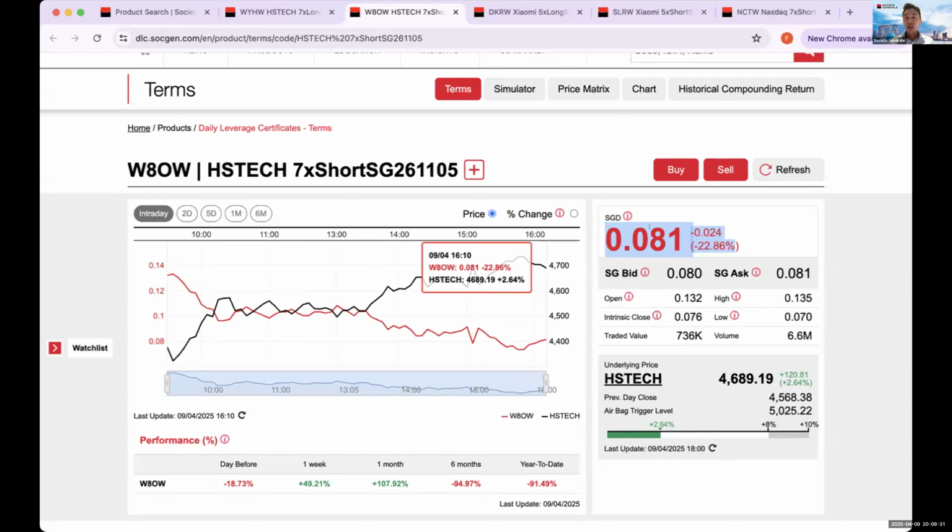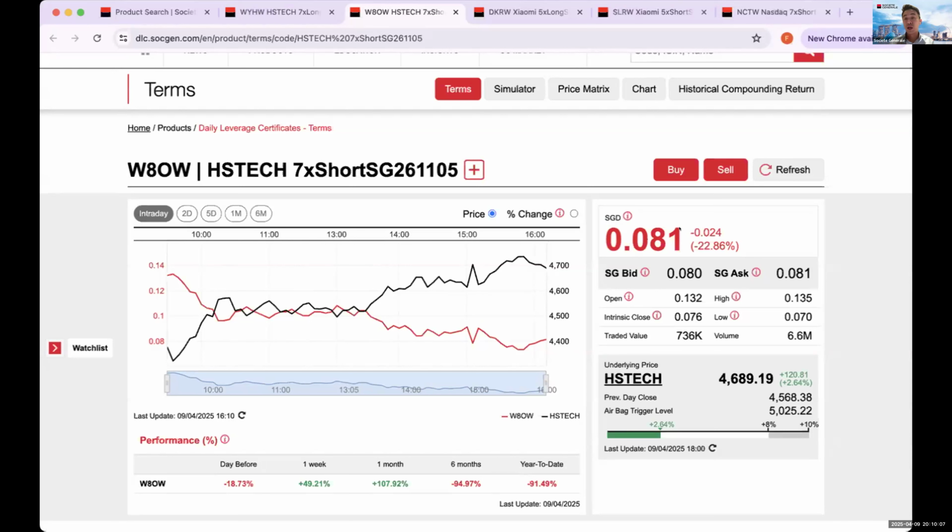Okay, so the DLCs are generally priced under $2 or around there. So it comes in a minimum unit size of 100 units, so you can buy these DLCs at as little as a few $100s. That's why people tend to like to use the DLCs to gain exposure to Hong Kong stocks and indices at a smaller fraction of the cost. You can do it in smaller ticket sizes, and with smaller capital being used, you also save on your transaction costs. So the most popular shelf has been our Hong Kong indices and Hong Kong single stock DLCs.